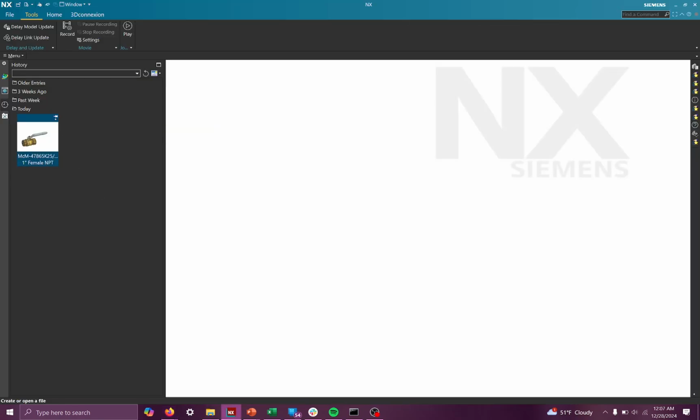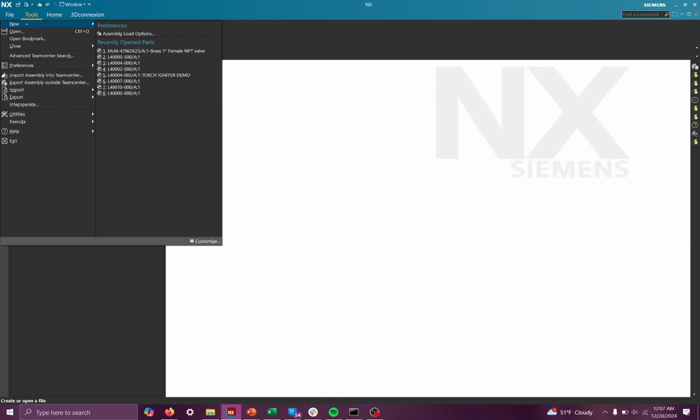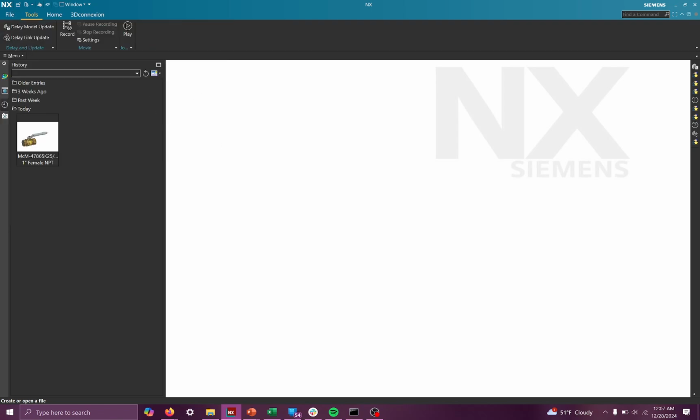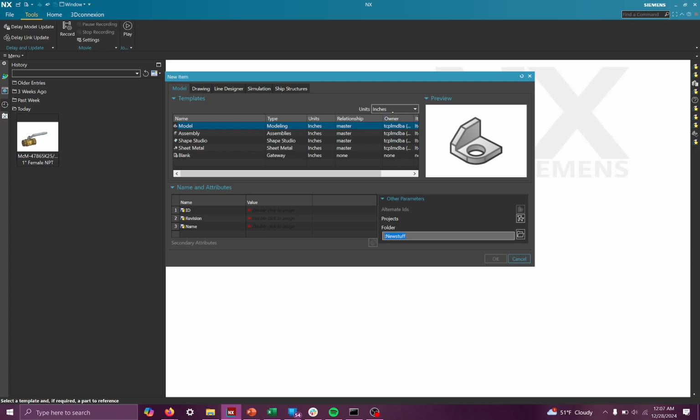Now I'm going to open up NX and I'm going to make a new item by doing File, New, Item. Make sure you're in inches and set to model. That should be default. And within this ID tab, we're going to be doing something different from the normal L40 whatever. Instead, we're going to follow the format of manufacturer or part supplier, and then dash part number. So that'll be the format we follow for off-the-shelf part